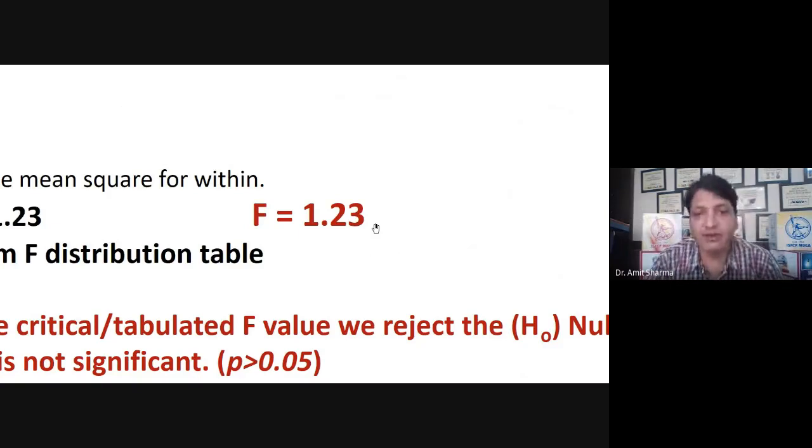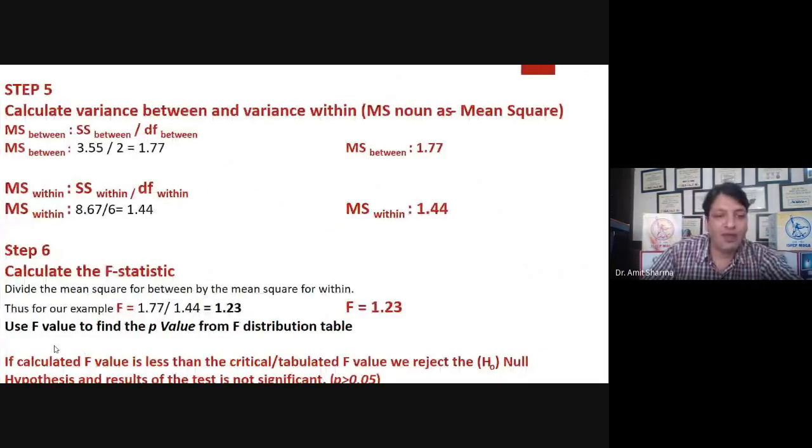So this value I'm going to compare with the critical value which I have taken from the table, and we have to see how to find out the results for this calculation. Now the rule of stat says, if the calculated F value is less than the critical or tabulated value, we do not reject the null hypothesis. That means our F value is less than the tabulated value.